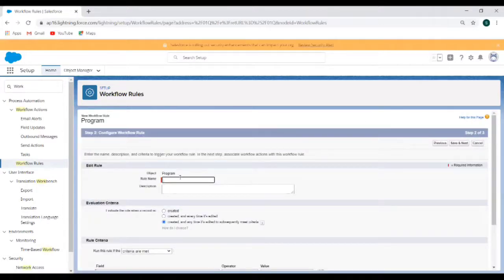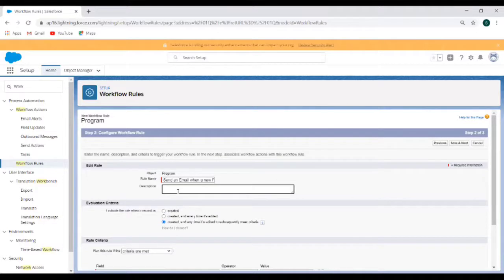So I'll give the rule name as, let's see, send an email when a new program entered.